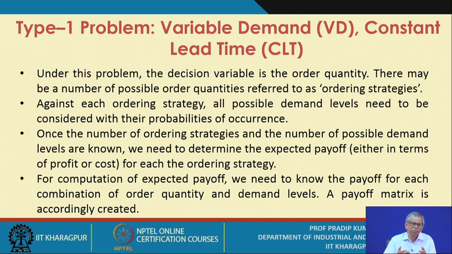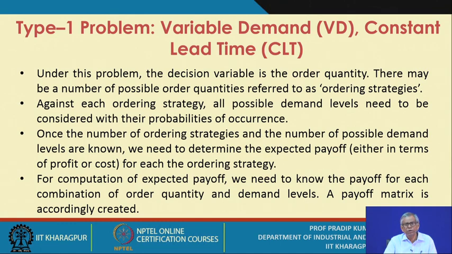suppose it's a new situation and since the past data are insufficient, you cannot get the objective probabilities, but you have to solve the problem. You know it is a probabilistic demand. So what you need to do, you might get the expert opinion, and from analyzing the expert's opinion, you can also have the probability values against a particular demand level. But in those cases, these probabilities are essentially the subjective probabilities.